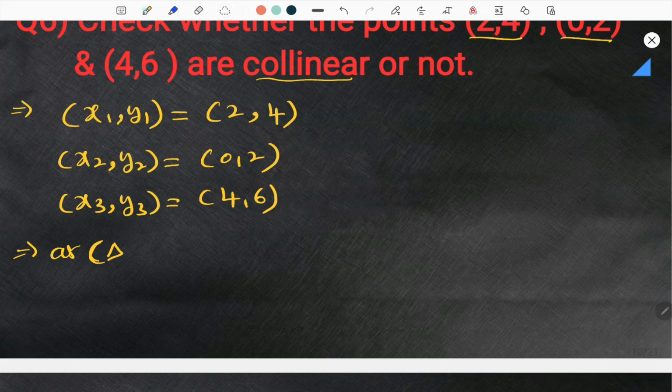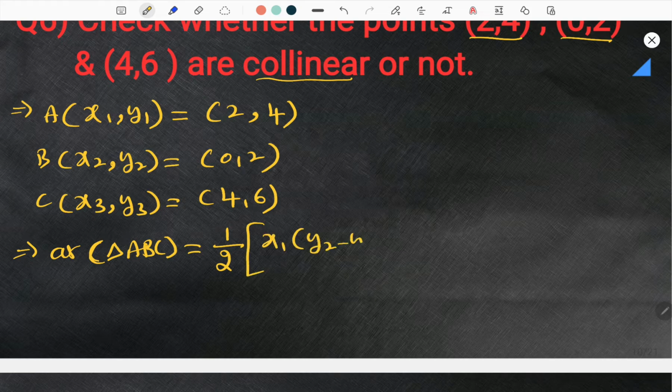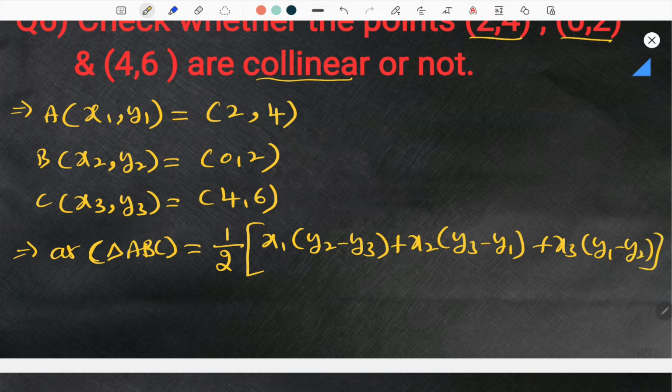All right, so area of triangle, any one triangle ABC, you name it as ABC, then write the formula, that is 1 by 2 bracket x1 bracket y2 minus y3 plus x2 bracket y3 minus y1 plus x3 bracket y1 minus y2. All right, so it becomes 1 by 2 bracket, what is x1? X1 is 2 bracket y2 minus y3, y2 minus y3 is 2 minus 6,